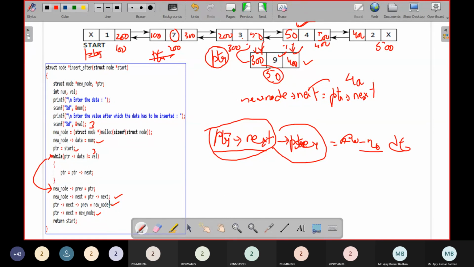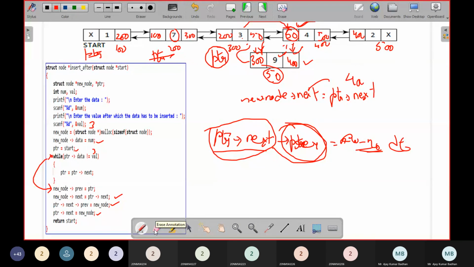This is the only statement which you people have to focus on here, that is pointer next previous equal to new node. Means pointer next, you should go one by one. Pointer next means initially this pointer was pointing to this particular node. So it is going to that particular block. In this block, the previous node we have, that is this one, he is replacing with the new node address. That's it. I hope you people have got it.